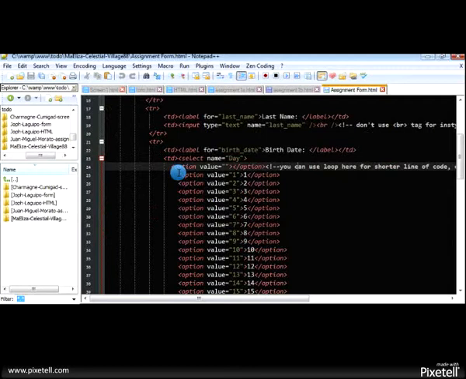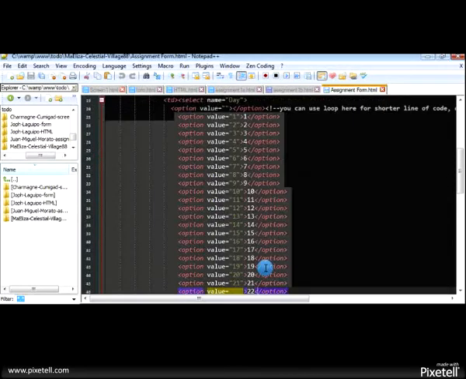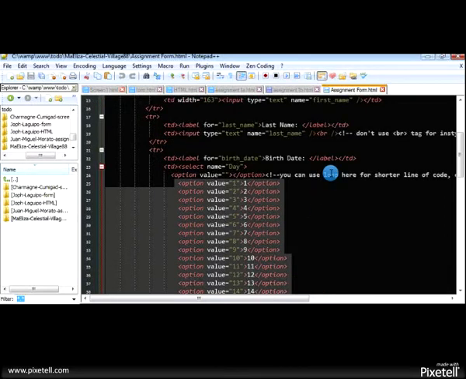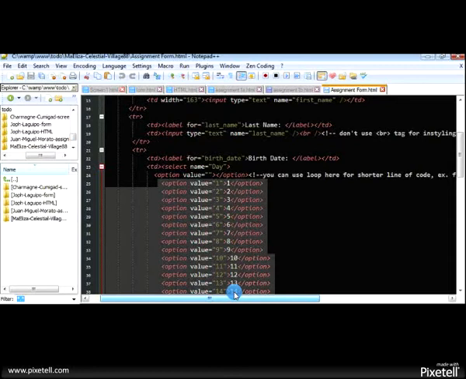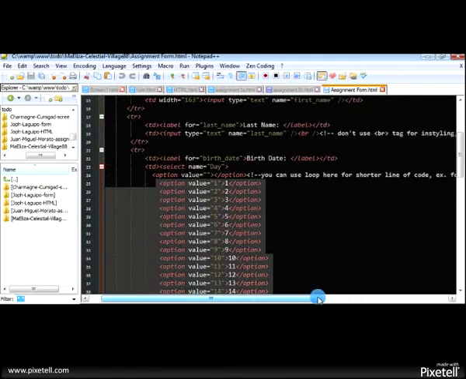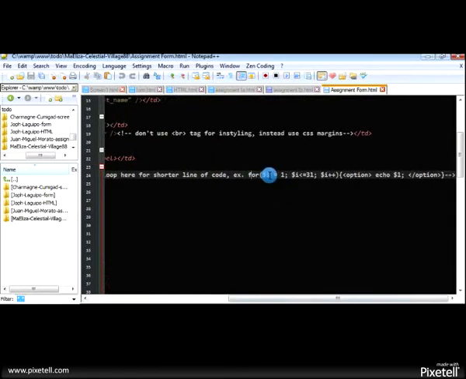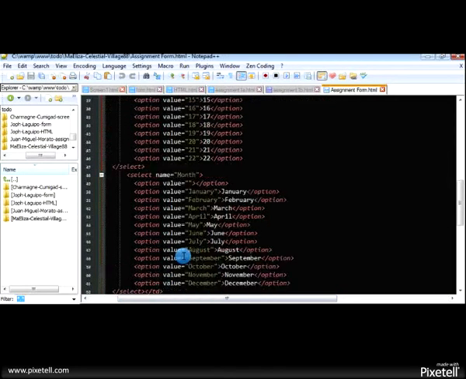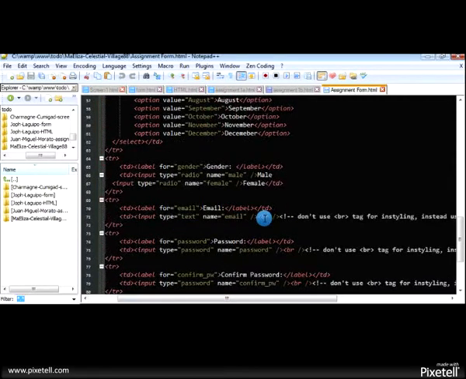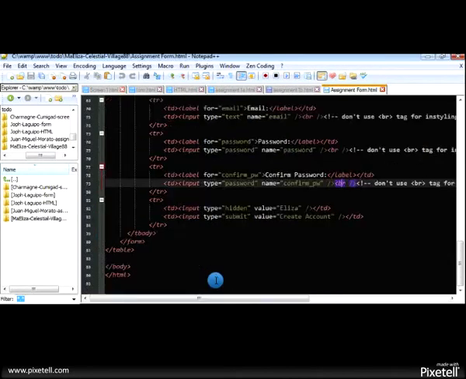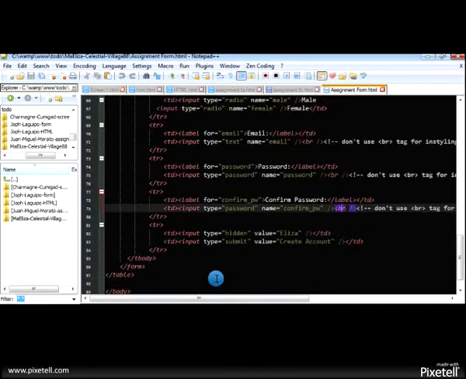So in here I can suggest that he must use a loop for displaying this, for a shorter line of code. So for this, he can use this code, for example. Also in here uses br. That's all. Thank you.